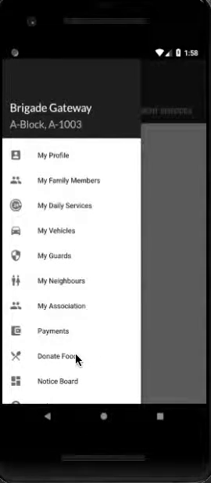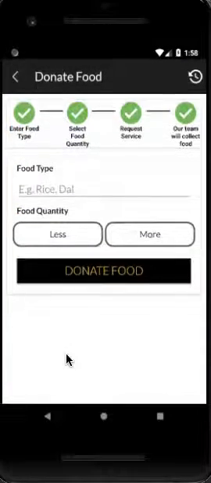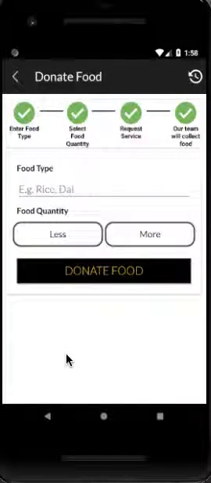Now let us quickly move into the very interesting and helpful topic, that is donate food. Here, user can donate food to the NGOs directly with the help of our application by only specifying two fields such as the food type and the food quantity. Now let us try to enter the food type,